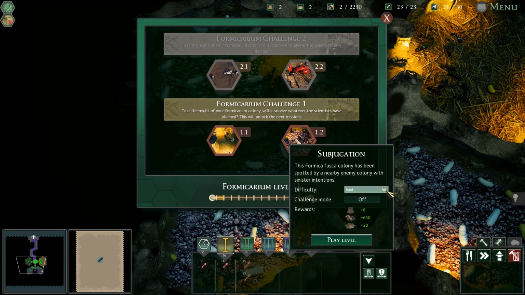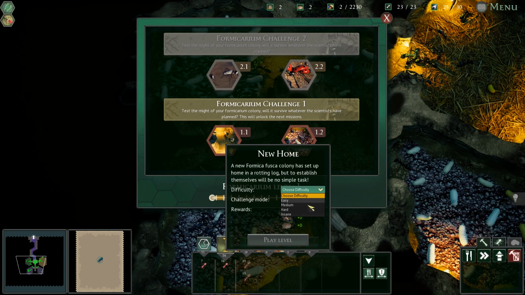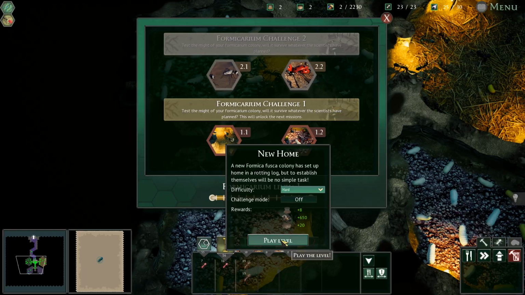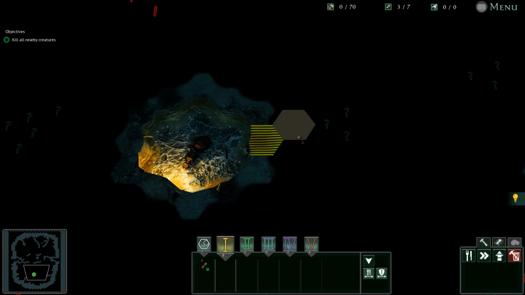Do I do it on hard mode now? Let's do new home on hard mode. See what happens. Gonna get 650 food. That's gonna be enough to upgrade. I don't know if it's...